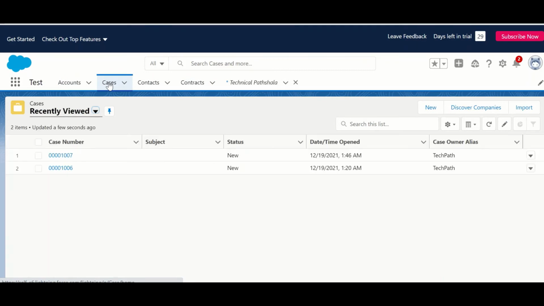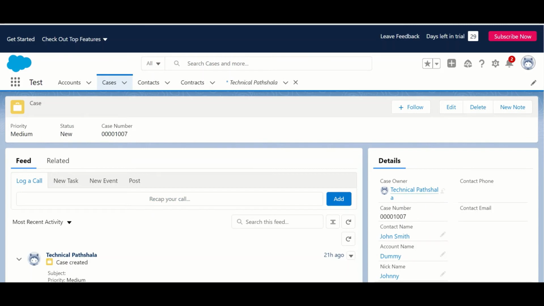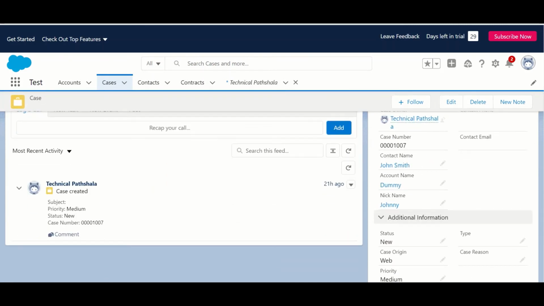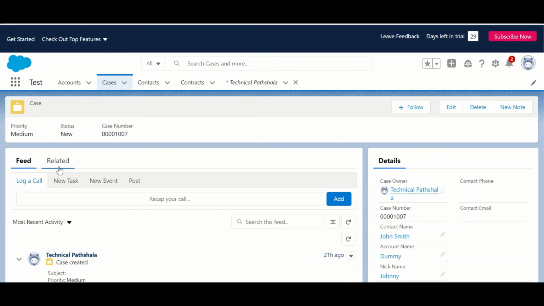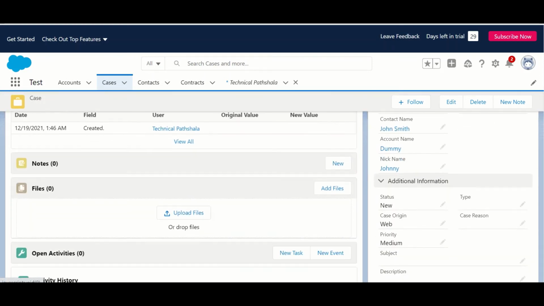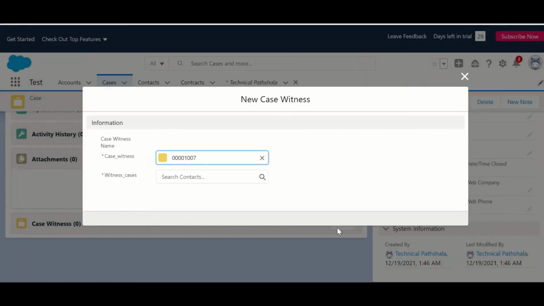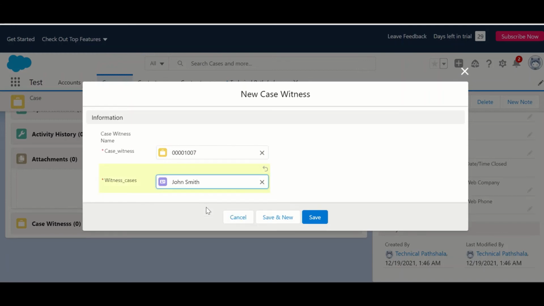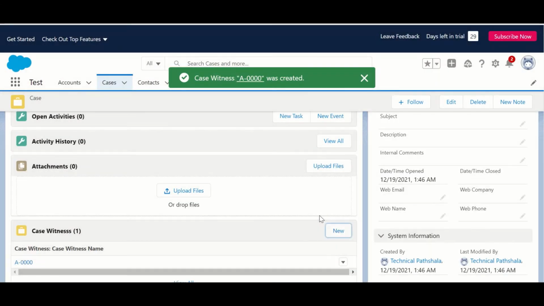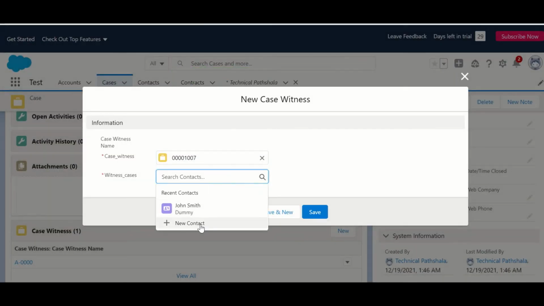So go to cases, click on any case. So here, case witness, you can see this related list. So you can click on new. Select John Smith, save. Create one new, create new contact.